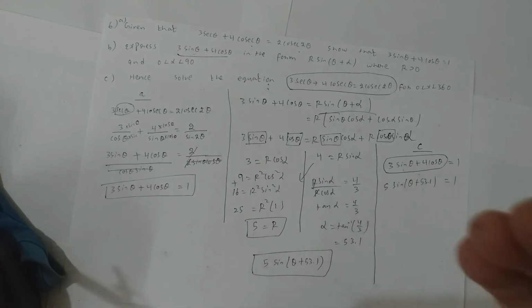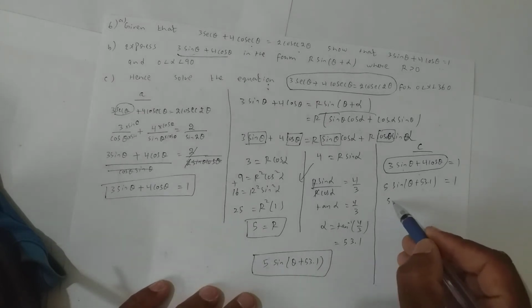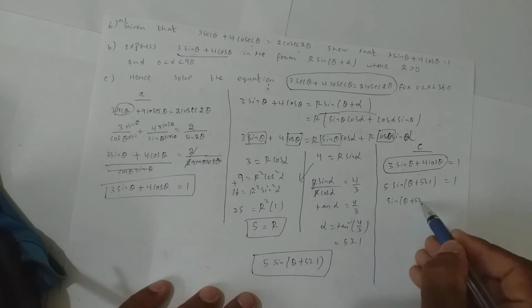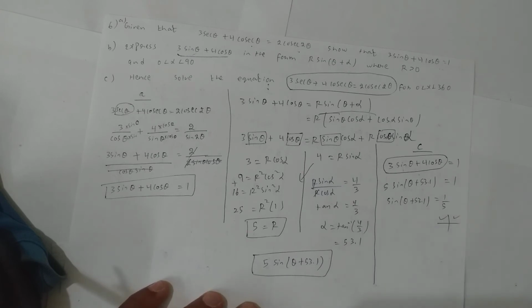Did you understand the relation between first, second and third bit? How am I doing? Now next, make sin theta the subject, equal to 1 by 5. Sin theta is positive, so first and second. So how do I get an angle in first and second? So theta plus 53.1 equal to directly sin inverse of 1 by 5 is 0.2. And other angle is 180 minus sin inverse 0.2. So I get R. Sin inverse 0.2 is 11.5.